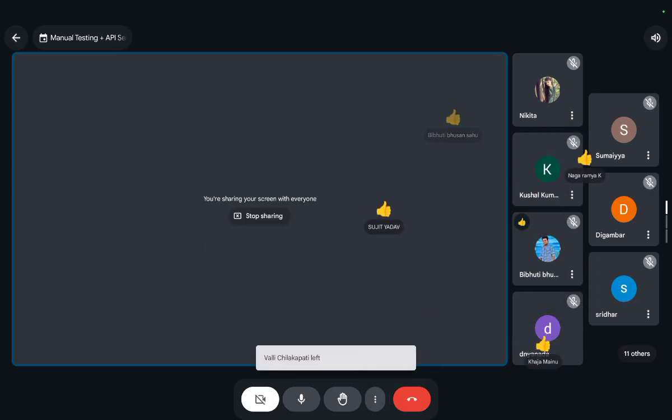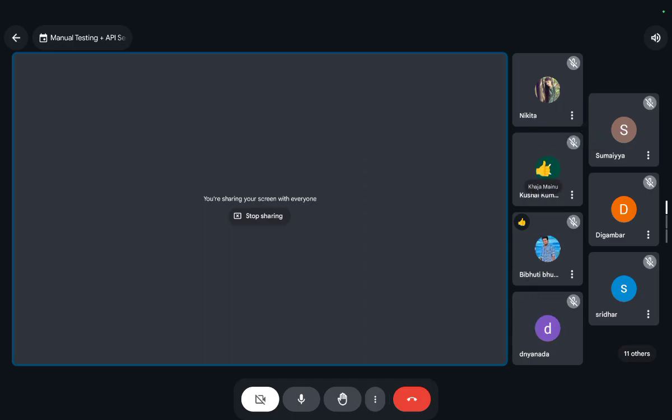So, in simple words, error is the developer's mistake while writing the code. Bug is the defect found in the software due to that error. And when the software doesn't work as expected for the user, that's called a failure. Give me a thumbs up if you understood this concept.